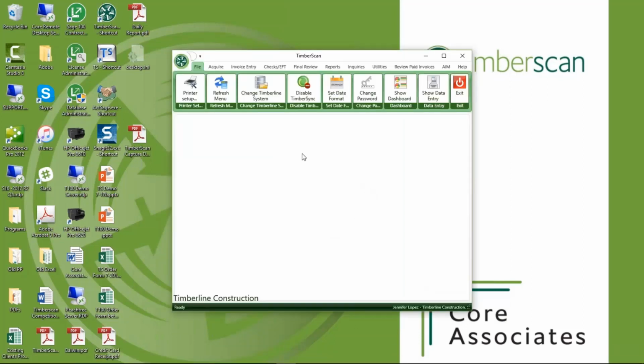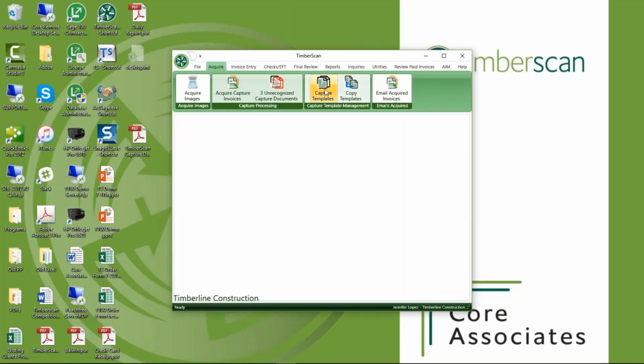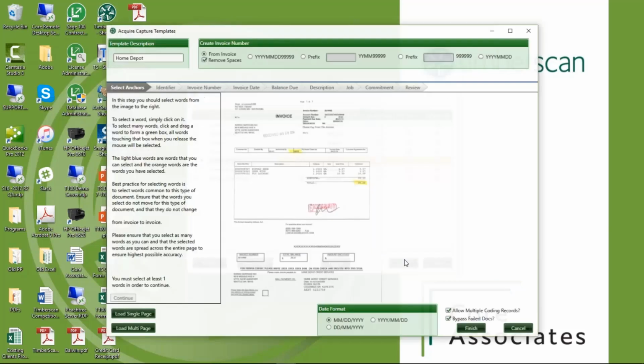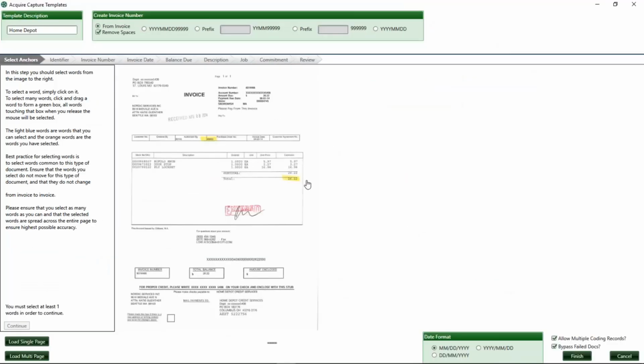So basically, we're going to start off with the templates. So each vendor is going to be set up with a template. I'm going to start off with a Home Depot invoice here. It's a good example of what an invoice looks like. So here's my Home Depot invoice,